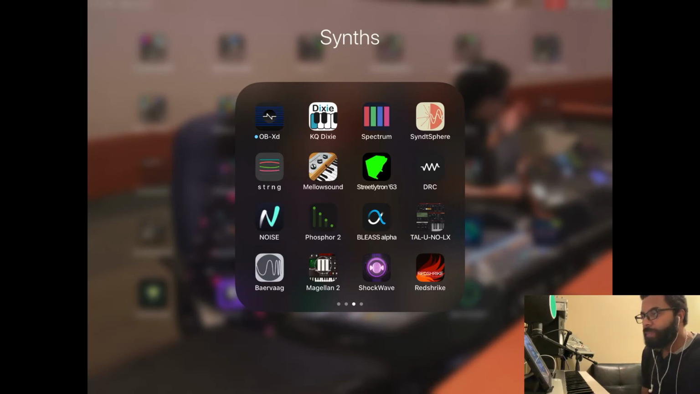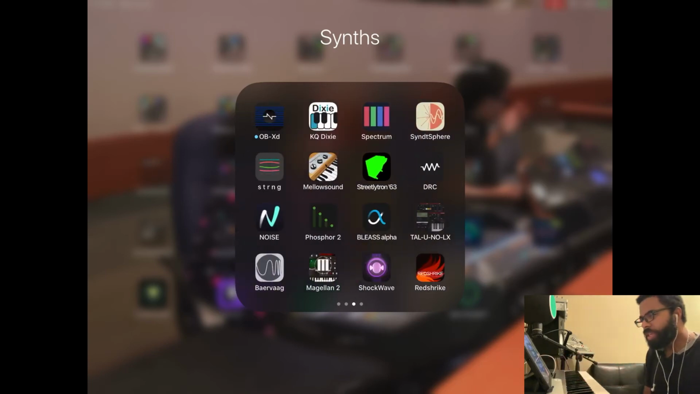Presets that people have made. Bearvog, again, I don't know how to say. I believe another Clef Grand app, synth app. Magellan 2, as I mentioned. Shockwave is a mono synth app. Red Shrike is another incredible app. I don't use it as much, so again, I can definitely pare these down probably to